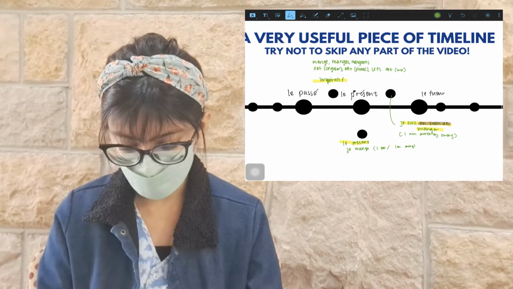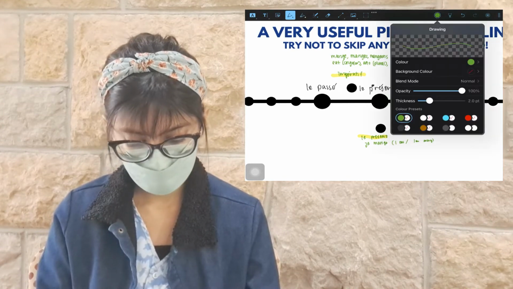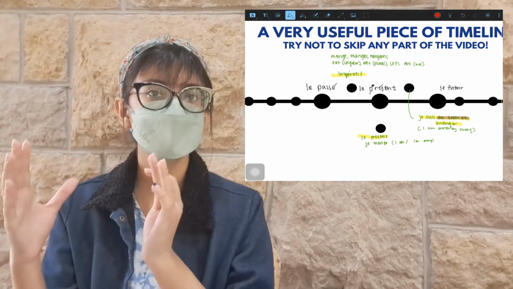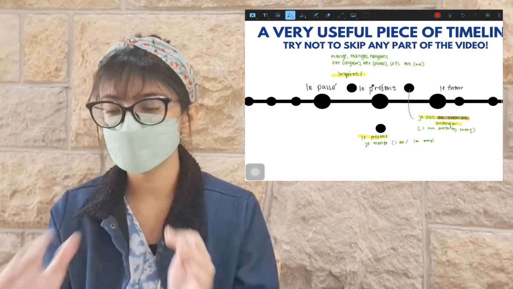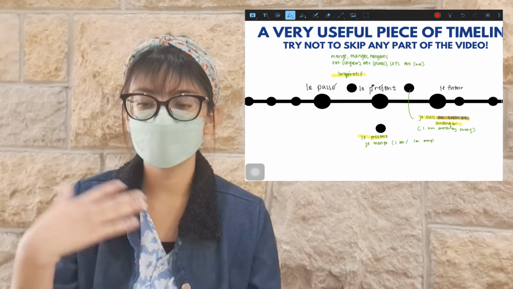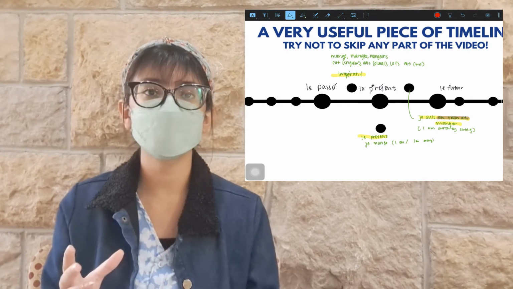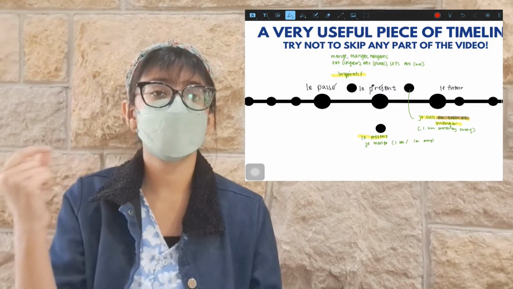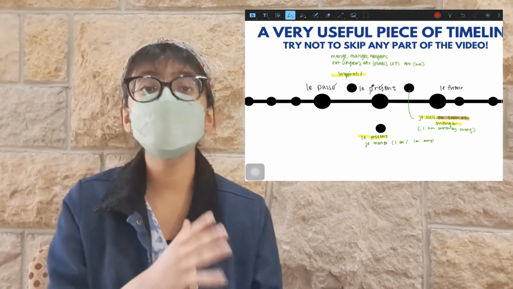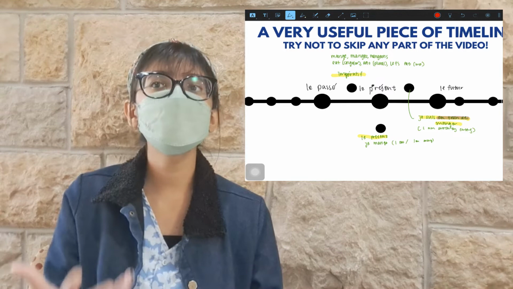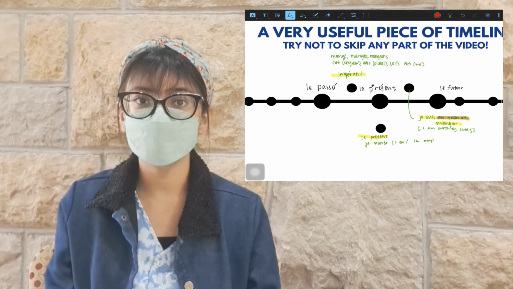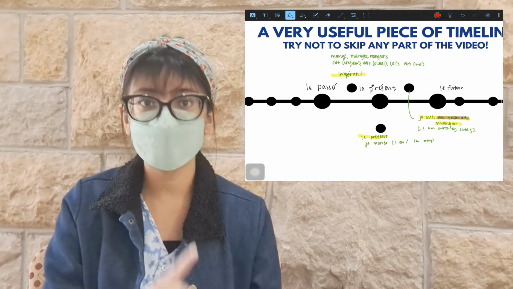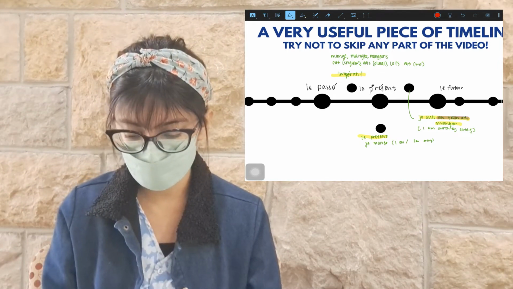Now, moving straight on to le passé. So after the present tense, we're going to look at the previous part of this timeline. Personally, these are the 4 tenses that I highly recommend to any high school student, because if you use them correctly, these are the tenses that work well. Mind you, you don't want to use all of these tenses if you don't know how to use them. So make sure that you actually understand before you make use of them in your examination.